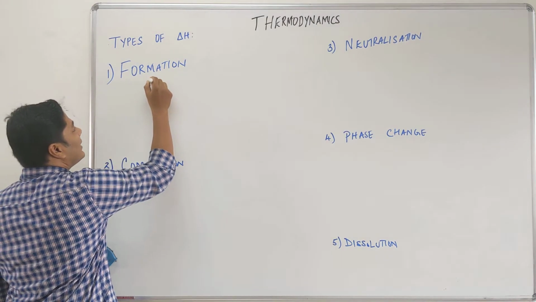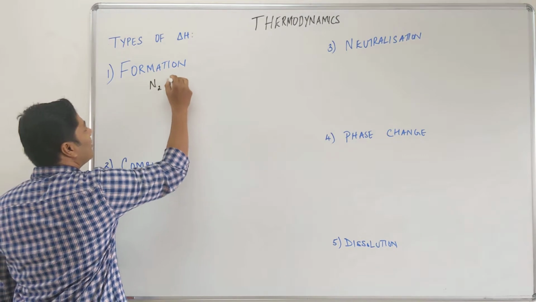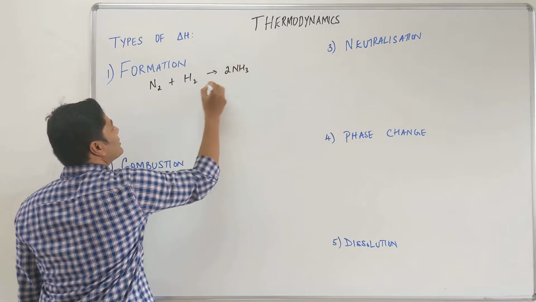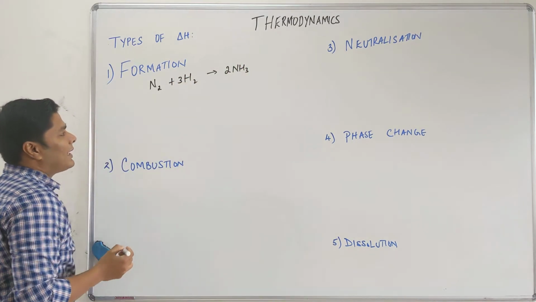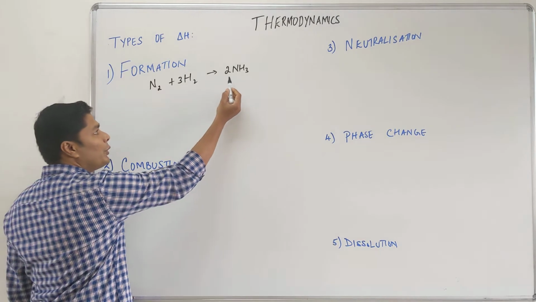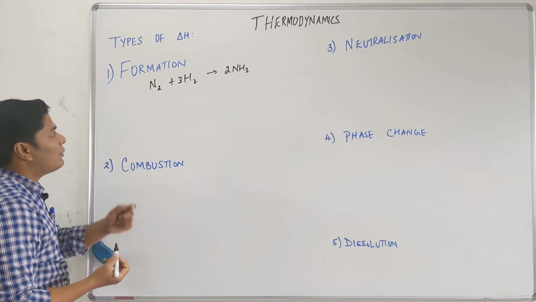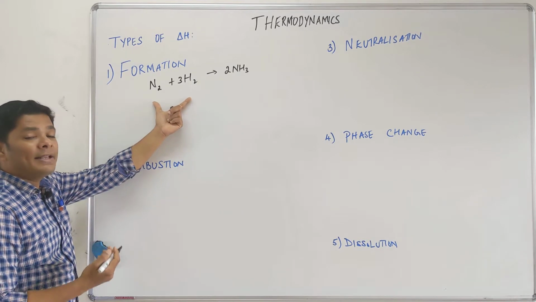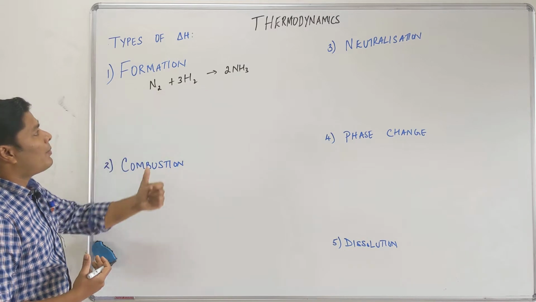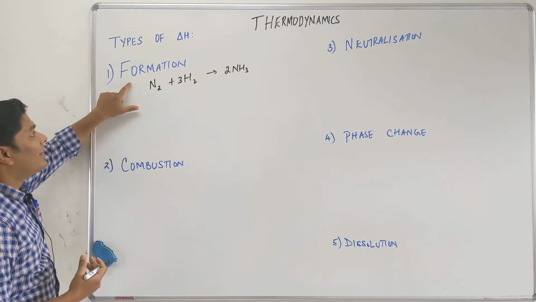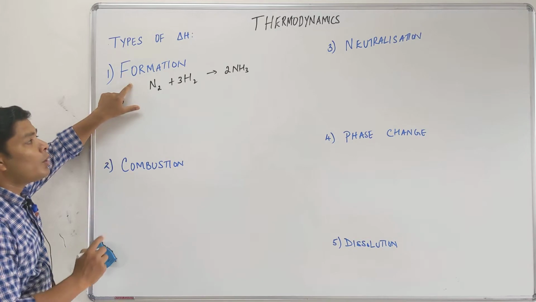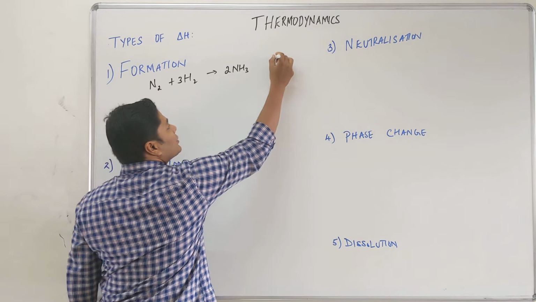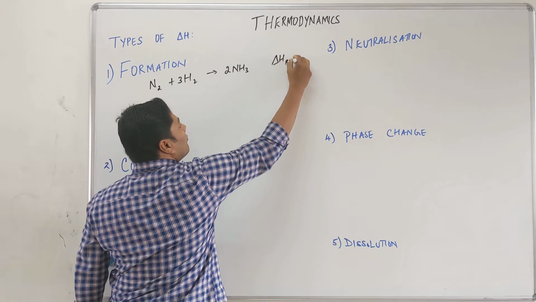For example, let's say we take ammonia, our common example: N2 plus H2 gives you 2NH3, this is 3. For the time being I am ignoring that it is going to be an equilibrium process. Now this reaction as written, the delta H associated with it as written, is enthalpy of a reaction. But when I want to form a compound and calculate my delta H of formation, it has to be 1 mole of the product formed. So this is going to be delta H of reaction.